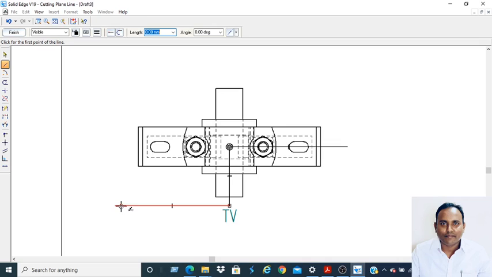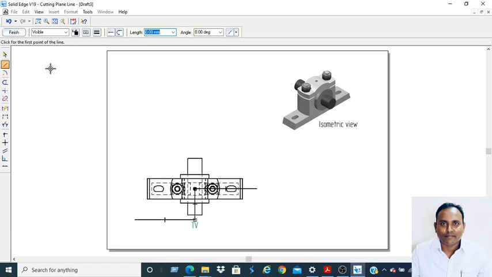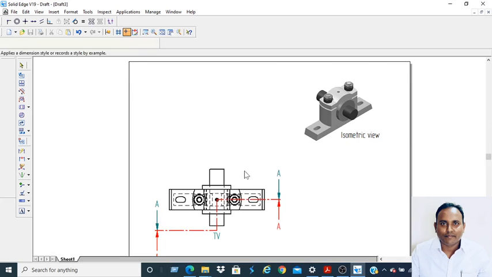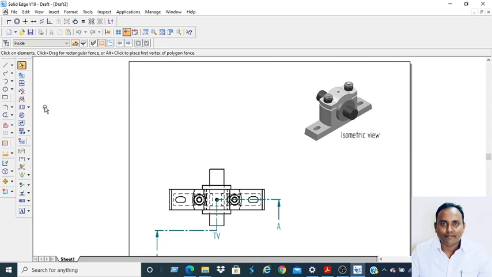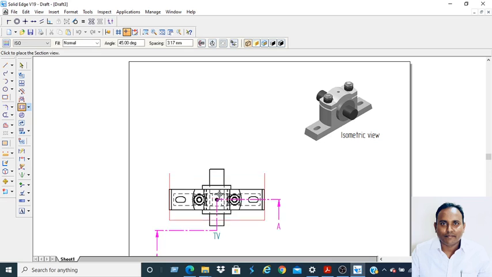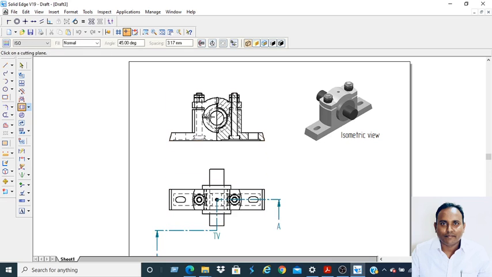We should extend the line up to here. Fit, finish, and it is asking either to select this side or this side. Select this side. Now click the section view, select the section line, place over here.